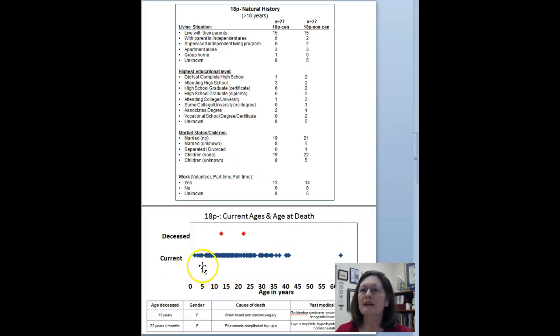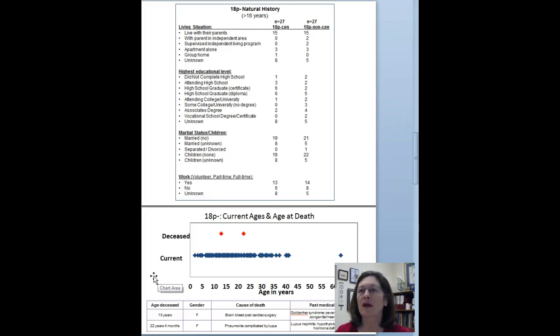You can see here, so this is about 120 individuals, so every blue diamond shows their current age of the people enrolled in the study. You can see it's a pretty young group, mostly under 40, really, and even those are mostly under 20 for the largest number. Only 2 individuals have died at these ages, and what we know about the cause of death